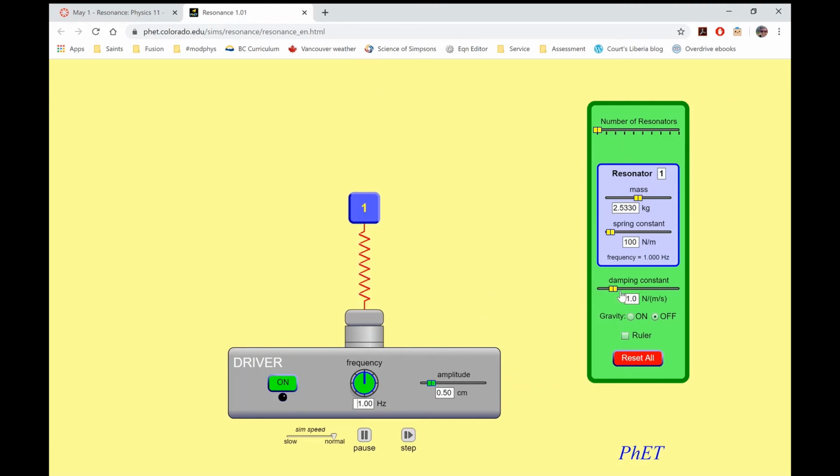It's also easy to see the difference here if I change the number of resonators. So I'm going to put 3 of them in here. The first one has a natural frequency of vibration of 1 hertz. Second one is 1.5, and the third one is 2. So if I turn this on, say to 2 hertz,